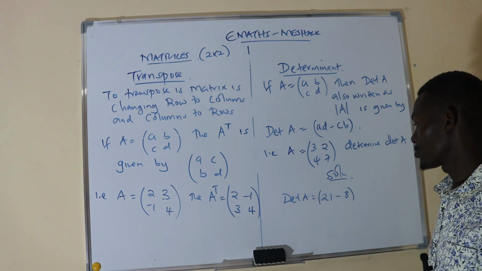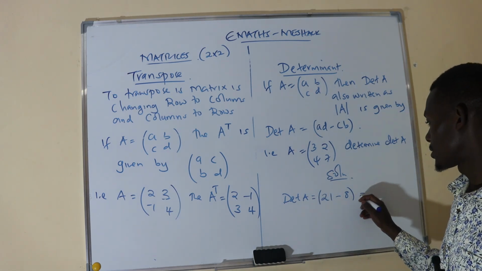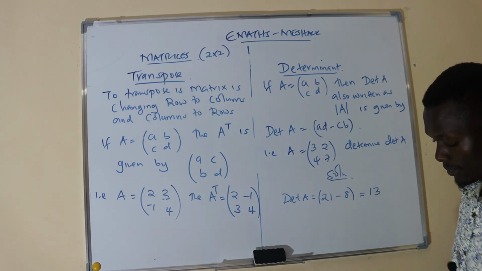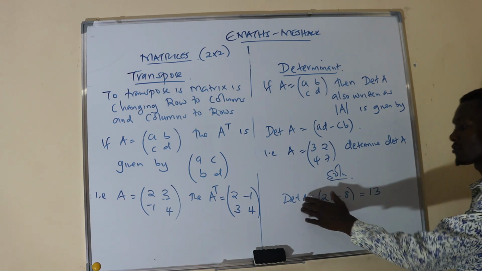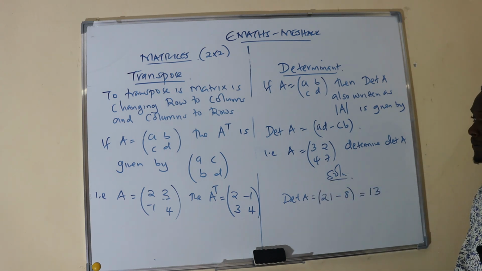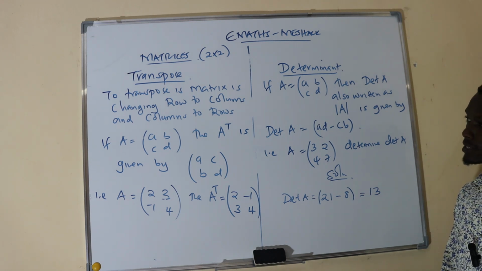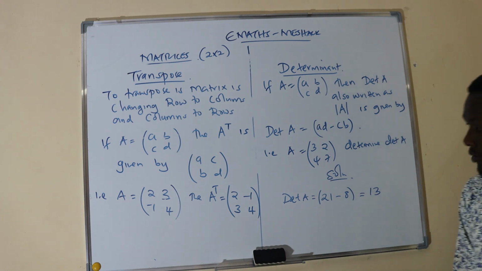So det of A is 21 minus 8, which shall give me 13 by the end of the day. So that is it. The determinant of matrix A is just given by that. And having known this knowledge, we can define something, and we can say note that